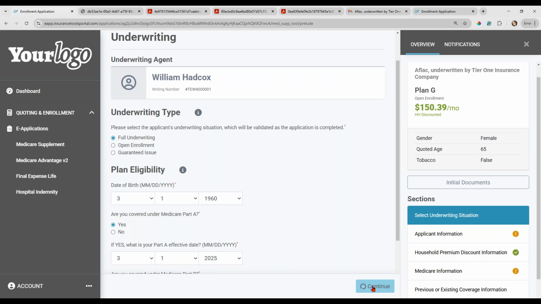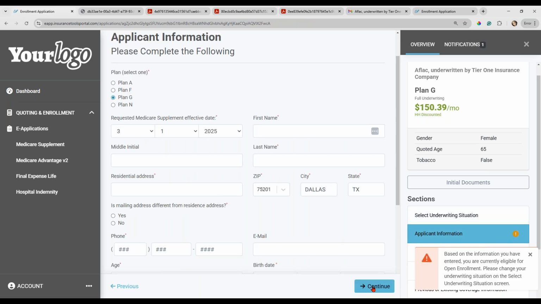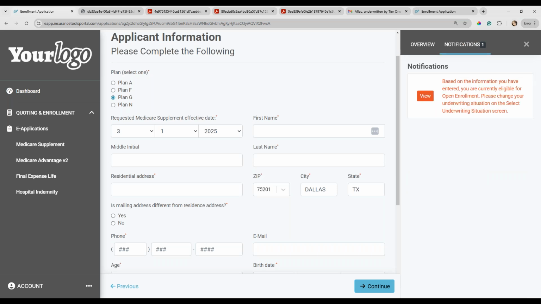When I hit continue, it will end up giving me an error notification letting me know that I have selected the wrong underwriting type and that my client is actually a fully underwritten. So it's going to say they're currently eligible for open enrollment instead of that fully underwritten like I selected. So you'll always get those notifications that pop up in the bottom right-hand corner for you. And then if you go into the notification section at the very top,